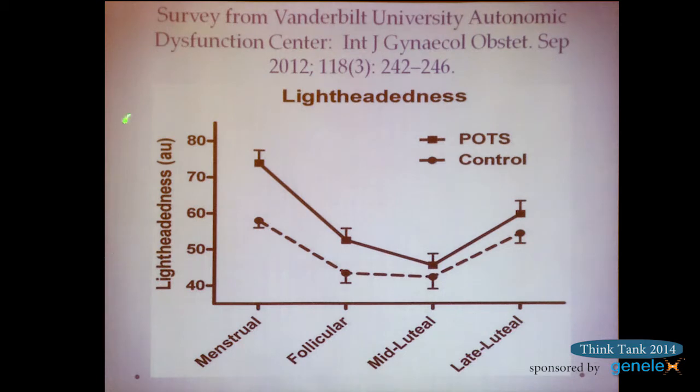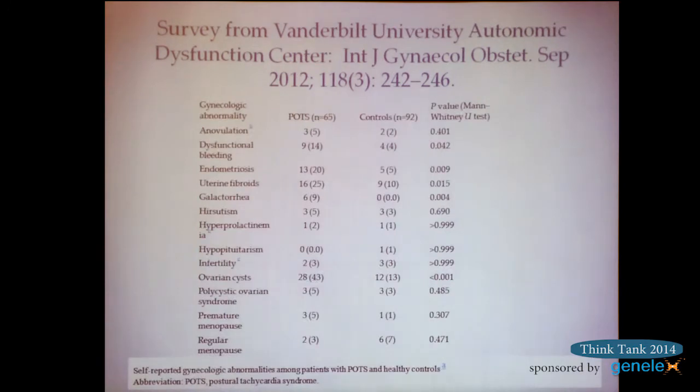It really doesn't mean much except that the POTS patients up here had a higher score of lightheadedness during their menses than the control group. But generally speaking, the control group still felt a little bit more lightheaded during their menses than when they weren't bleeding, but the POTS patients had significantly more severe symptoms during those times. So we definitely know that patients with POTS have a tremendously worse time controlling their hormones.